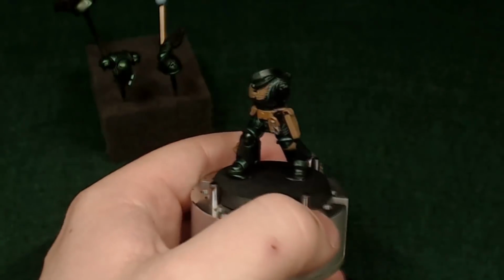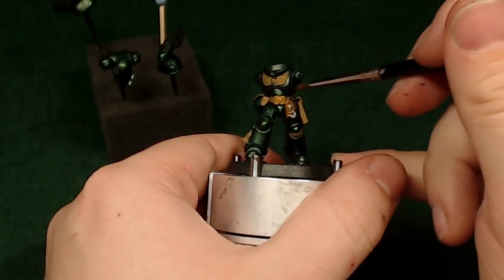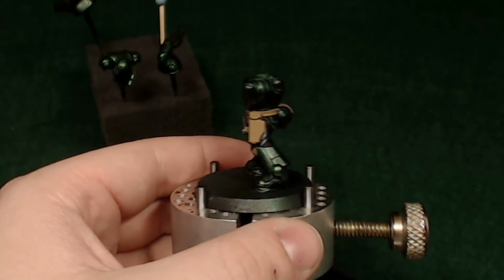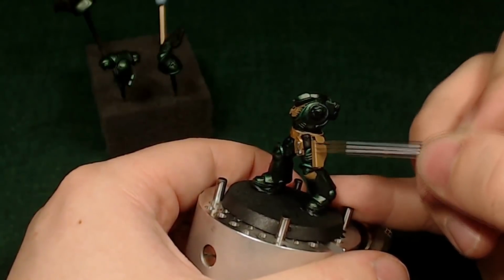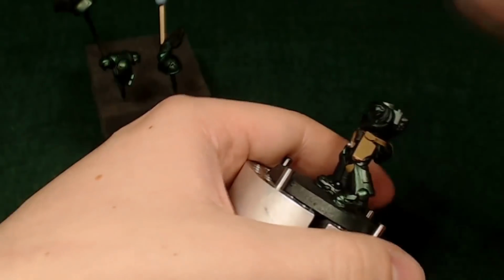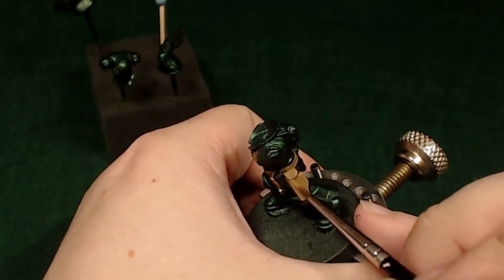And like I said before, we want to be very careful not to mess up this base coat of the armor, because it will be really, really hard to fix anything if we make those sorts of mistakes, if we get hit with a lazy brush or something. So now we're just going to take a little bit of leather brown. This is a lighter brown, XV88, it's a Reaper line, and we're just going to hit the edge accents with it. I decided to do a little bit of custom detailing on the holster too, because otherwise you just have this big flat panel. But we're just going to hit these edges